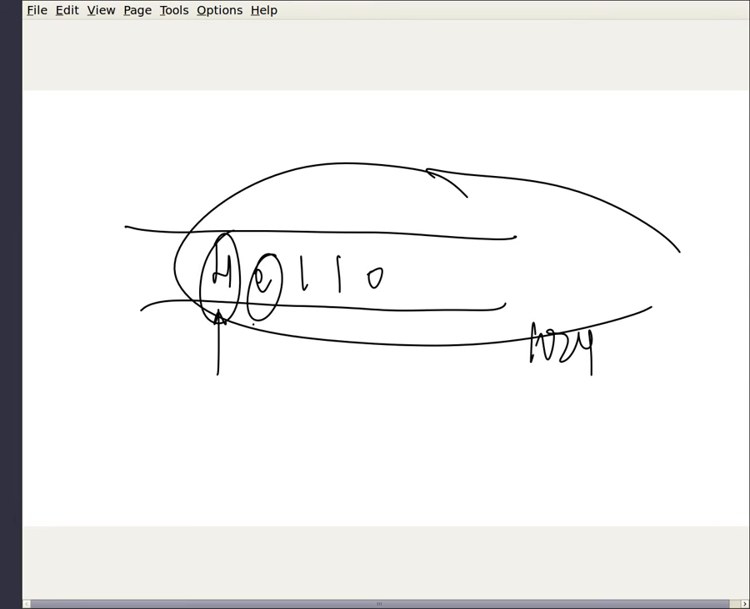I don't understand why this can't be implemented as an iterator. Okay, so a couple of things. I'll talk about that in a minute. The first thing I want to point out is that